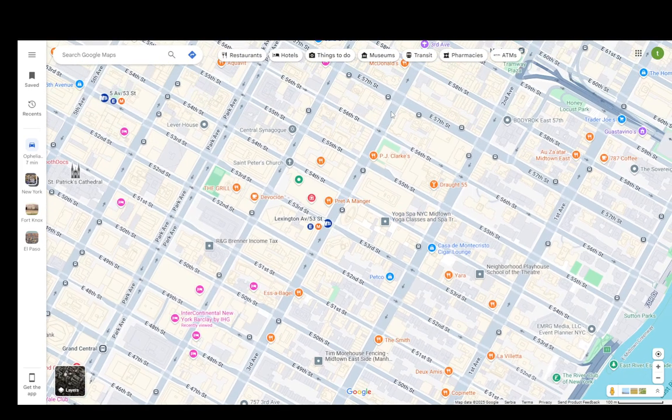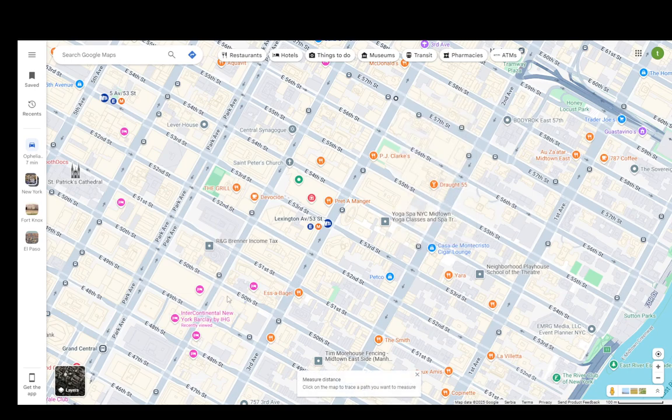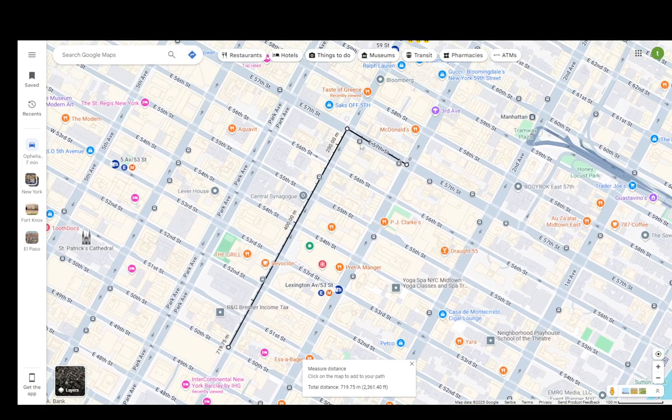However, you can also do it like this. Just right click on any sort of point, click measure distance, and then click anywhere else. So for example, here it'll show you the aerial distance between those 2 points, but you can click anywhere on this line and modify the line like this. Drag it, so for example, there on the junction, and as you can see, it'll show you the exact length of that stretch. In this case, it is